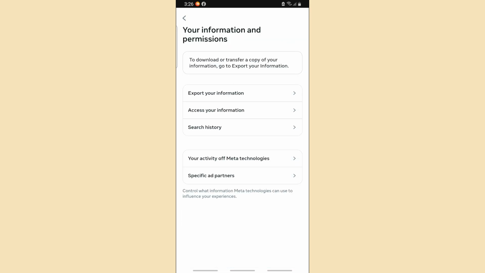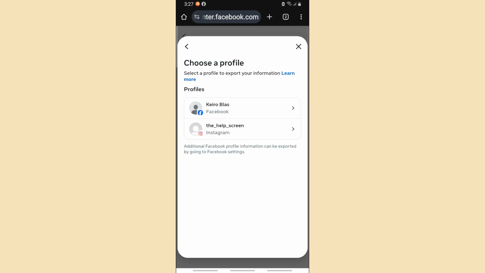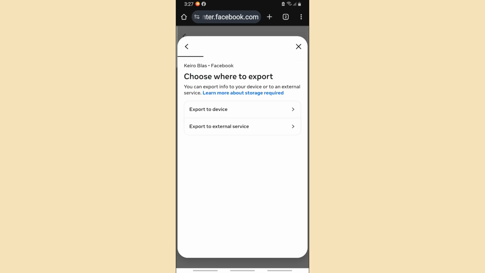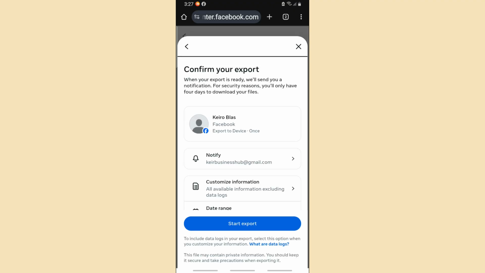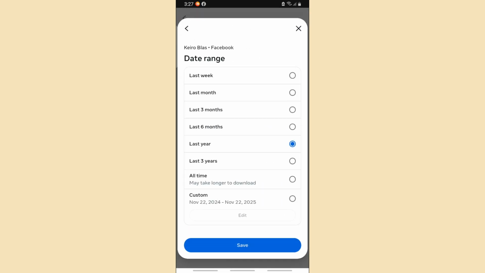Go to Your information and permissions. From here, tap on Export your information, and now tap on Create export. Select your Facebook account, export to device, and from here, you will have an option if you scroll down below, date range. So tap on the date range and select the date range that you want to see the